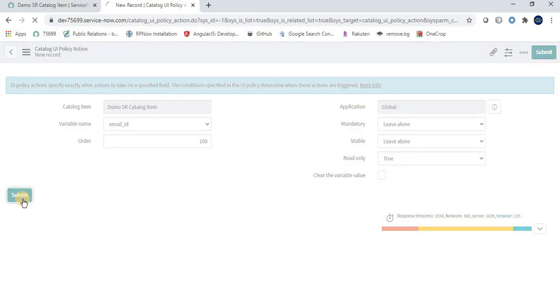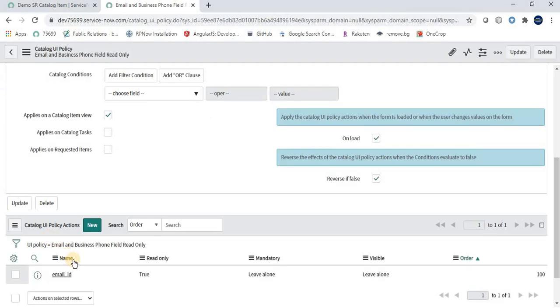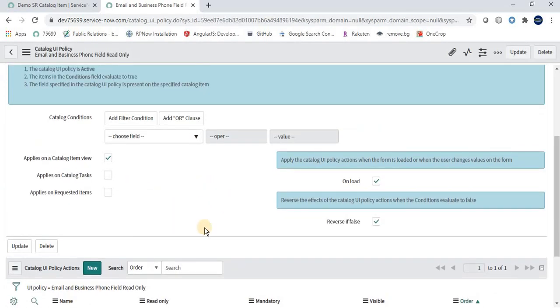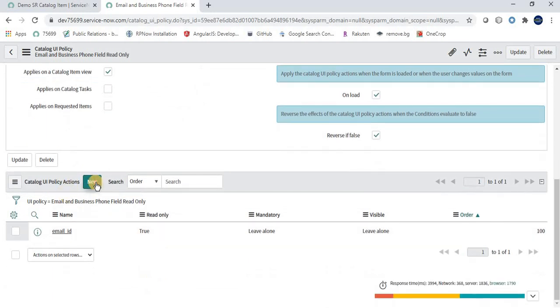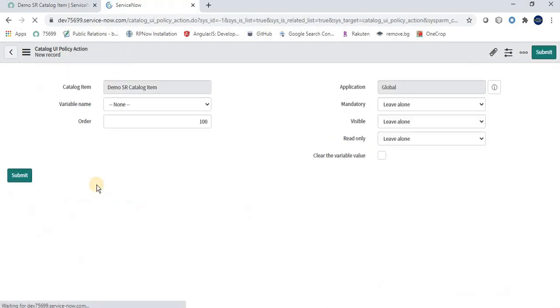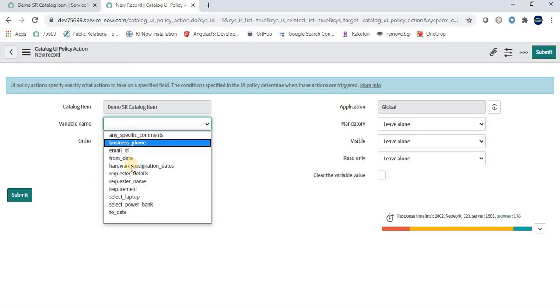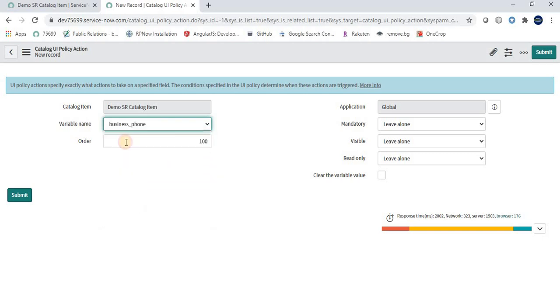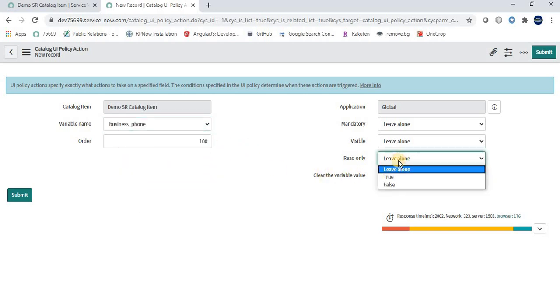So let's submit it. You can create multiple UI policy actions for a specific condition. So here I am creating the second one, that is business phone. I am selecting business phone, and what we want is that it becomes read only to the user. So I'm just clicking on the submit button.